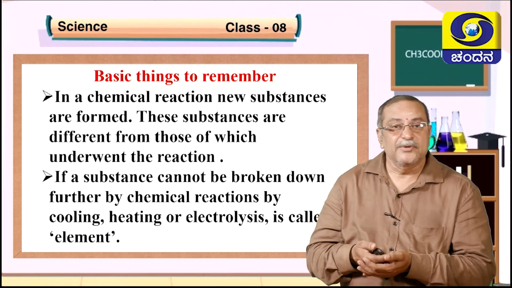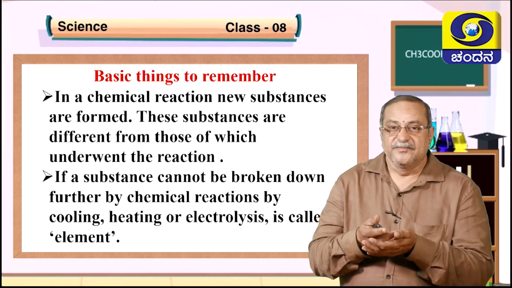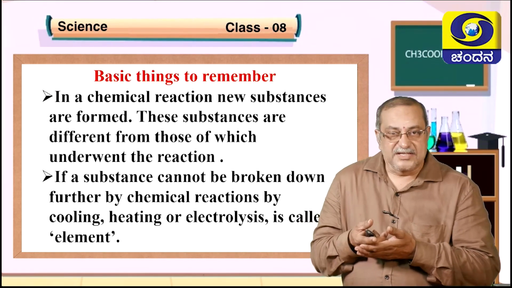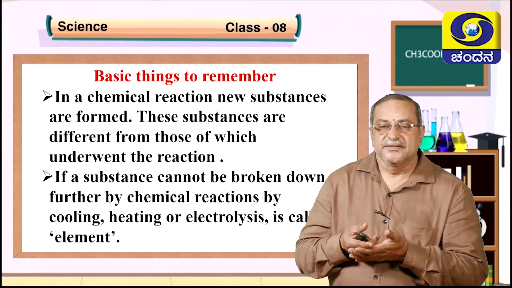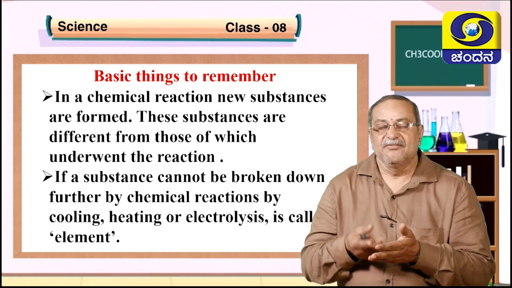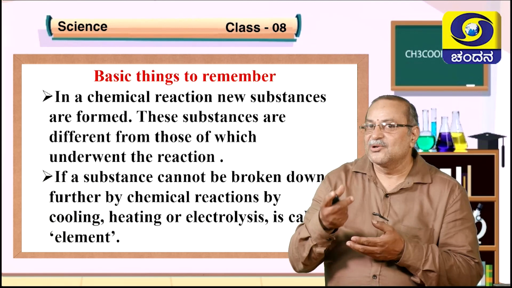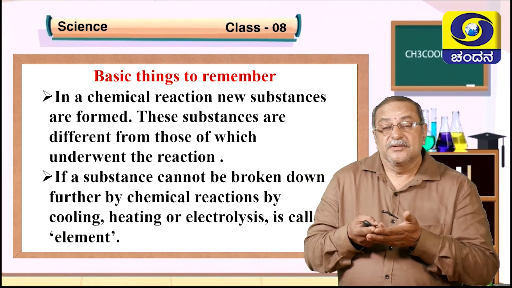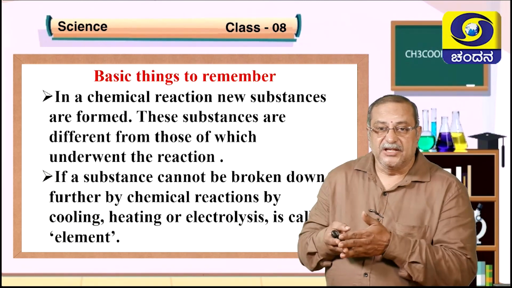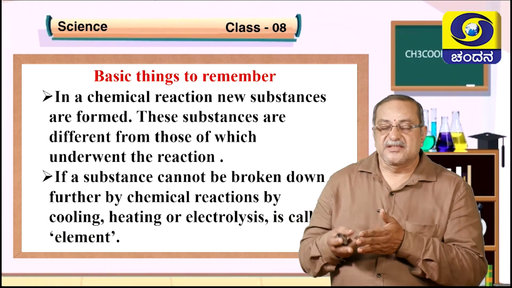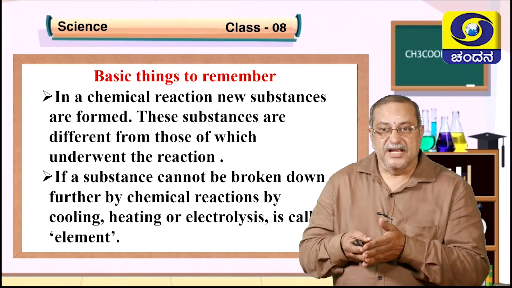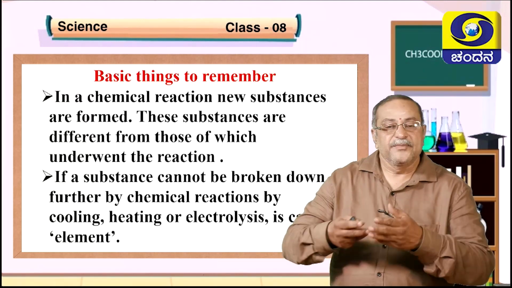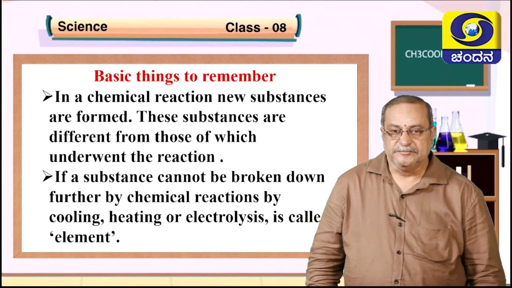Even if you take sodium chloride, sodium is a highly reactive metal. Chlorine is poisonous and it is a gas. So when they react with each other, what are you going to get? Sodium chloride, that is common salt, what we eat. So here, the properties are changed entirely. The new substances are formed. That's why we call it a chemical reaction. Here, the chemicals formed cannot be easily separated.